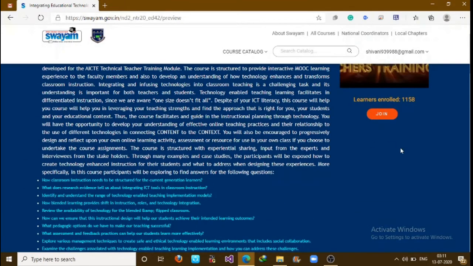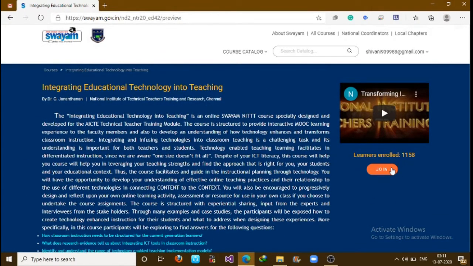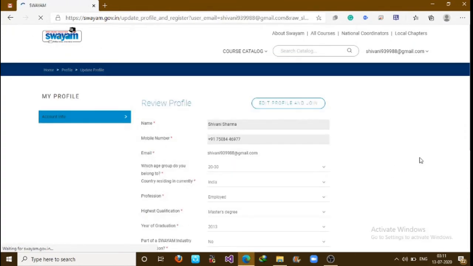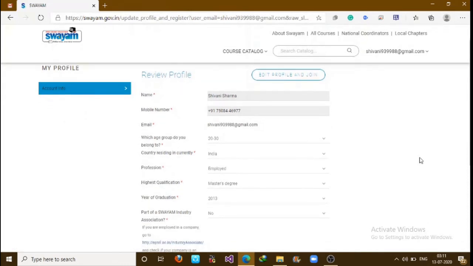You have to click on this orange button, join. As soon as you click on join, you land on this form. I'm already a user on the SWAYAM portal, so this form is already filled for me. But a first time user has to fill this form once. After that, it will be filled in automatically for every new course.